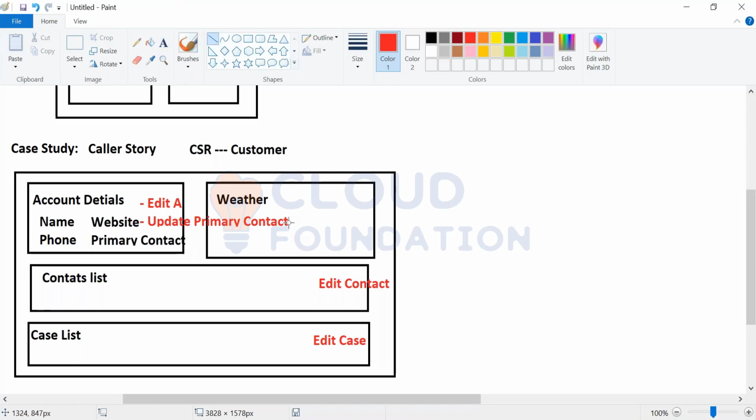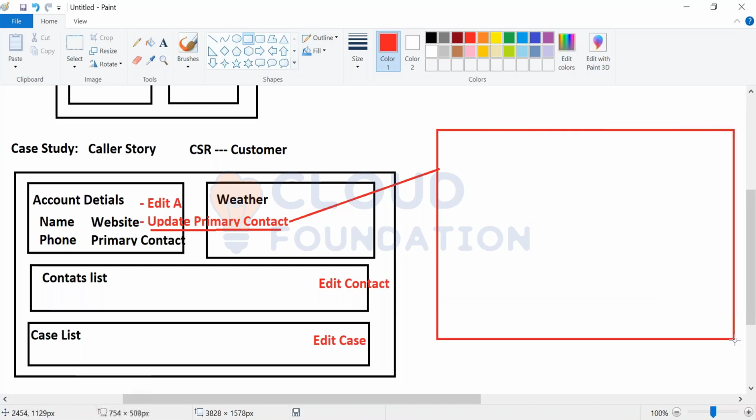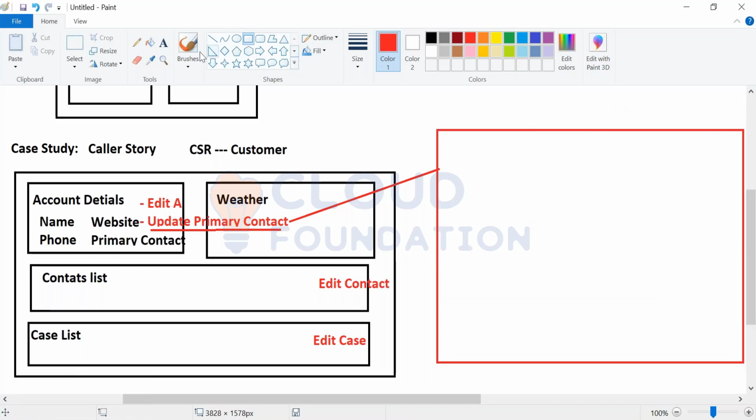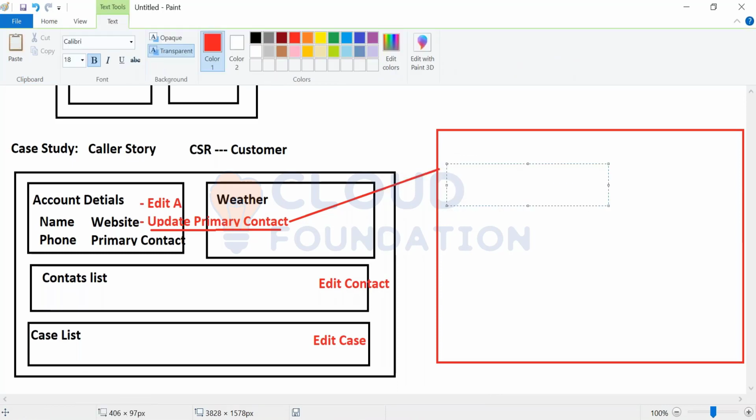So what should a CSR do? The CSR should go with this action, update primary contact, which launches an Omni script. So we have to build an Omni script, and in the Omni script the user should be able to see the complete information about the primary contact,